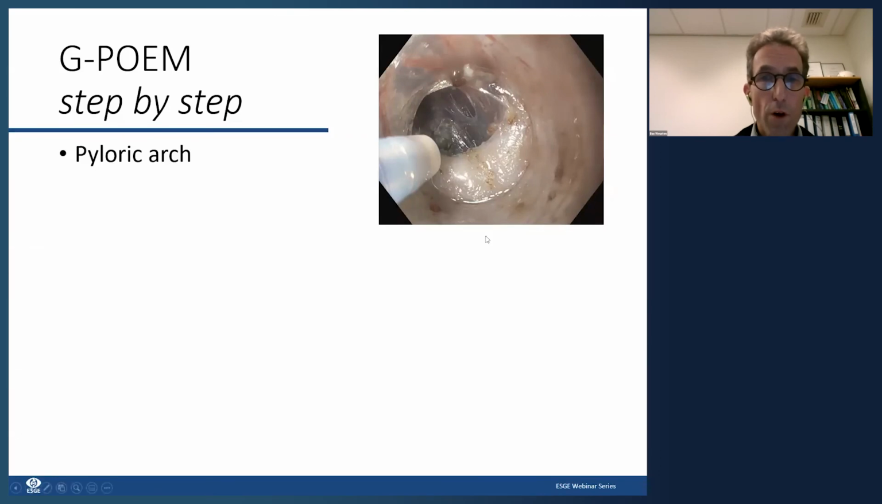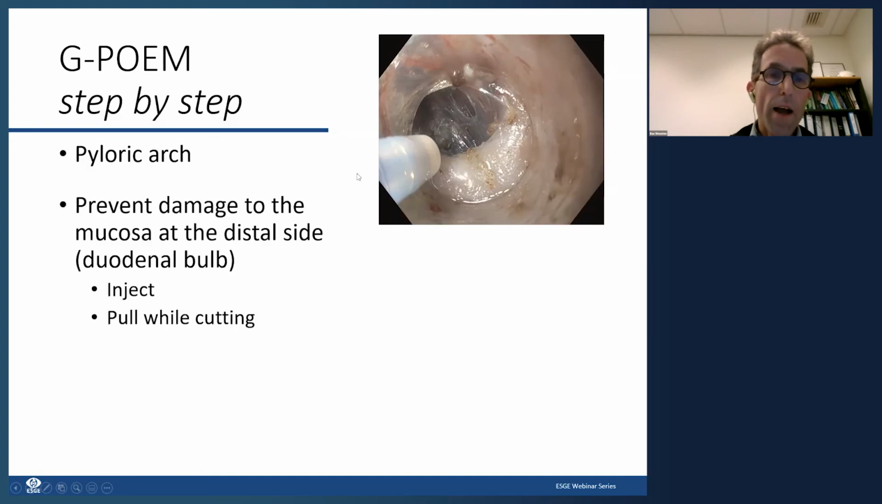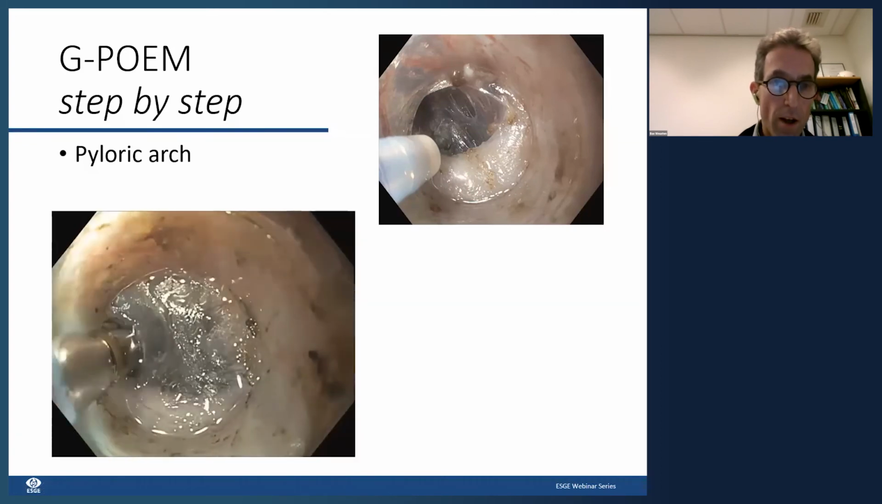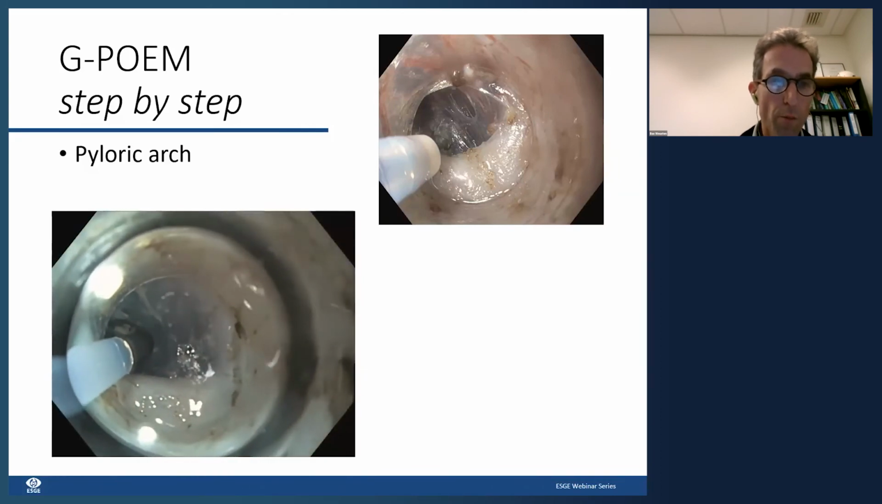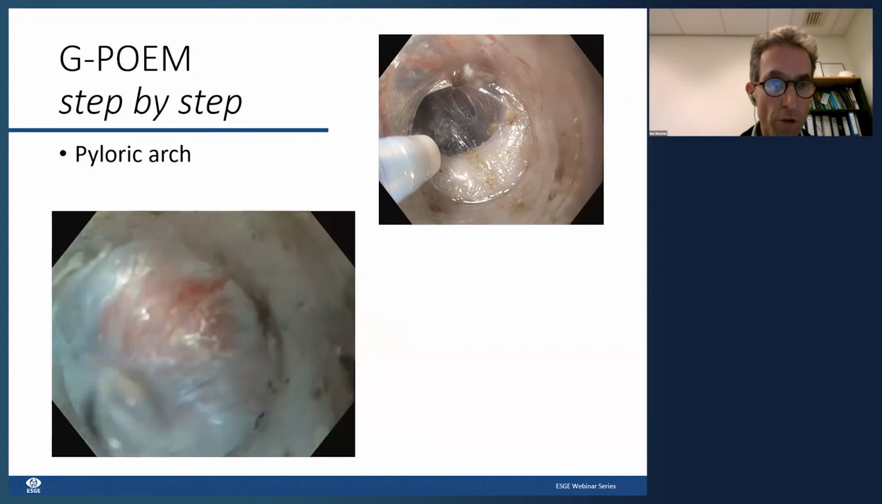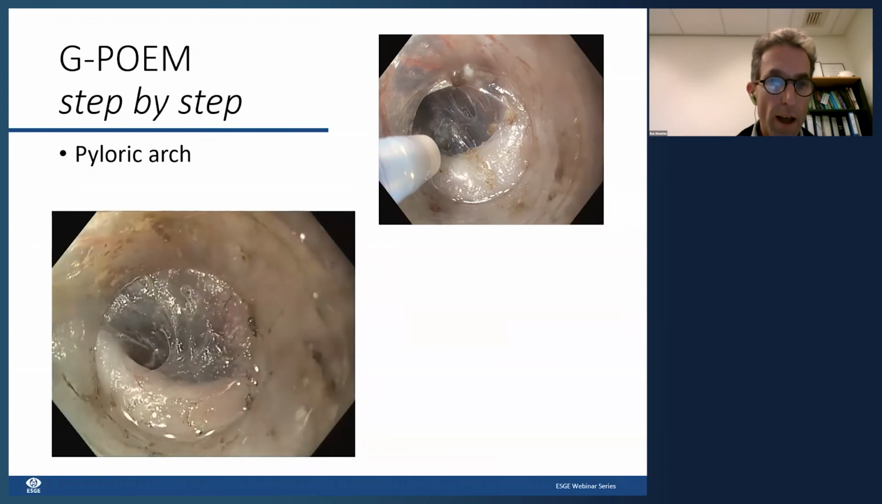Then when you follow the perpendicular direction on the muscle fibers, then you reach the pyloric arch, which is always clearly visible as here. And it's very important to prevent damage to the duodenal mucosa, which is located over here. So you should inject to create a bleb at the other side of the pyloric muscle, so at the duodenal side, and the